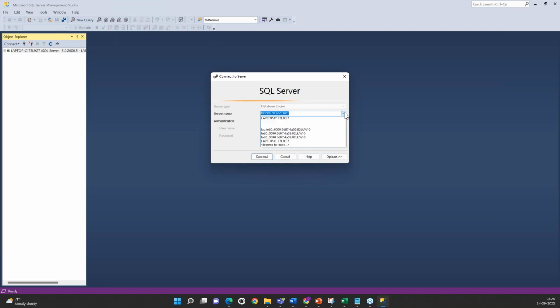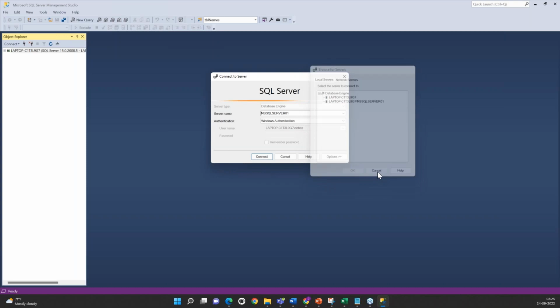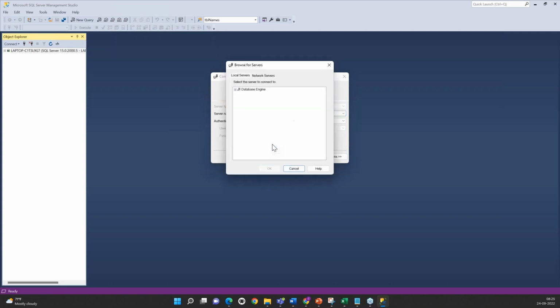Okay. Instead of doing that, can I do something here? I will go to the server name drop down. I will go for Browse more. I will choose the database engine. If my server name is blank, I have 3 options. What I will do, I will go to this drop down, go for Browse more, go to the database engine, and then I can